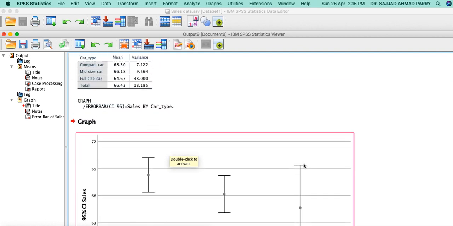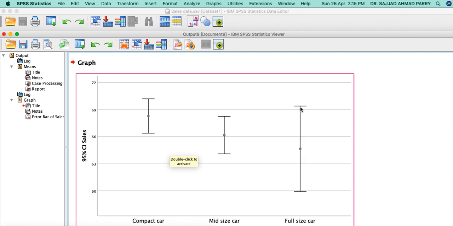But the variation is too much in this car.